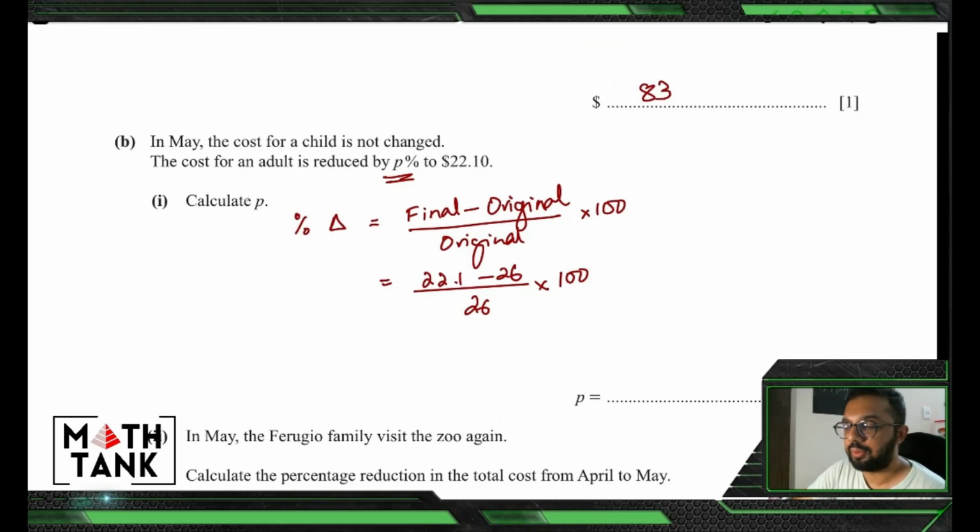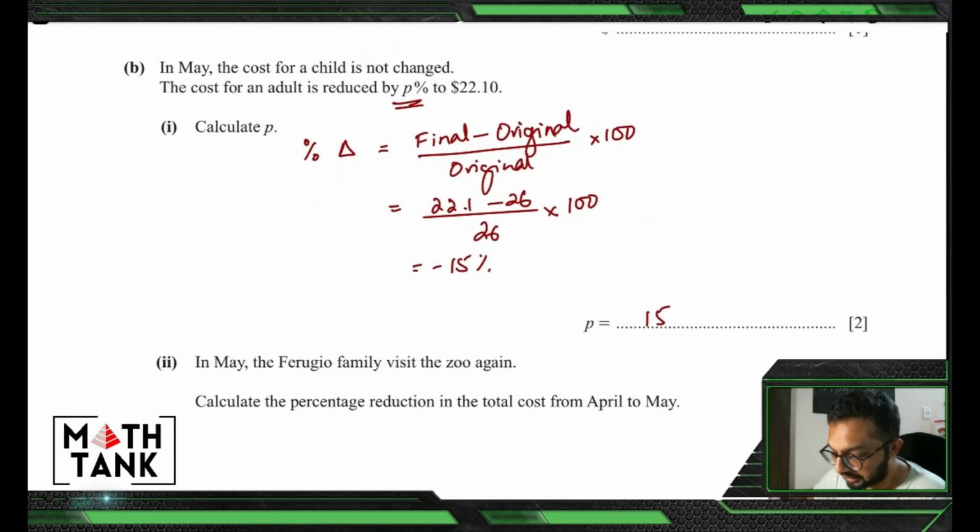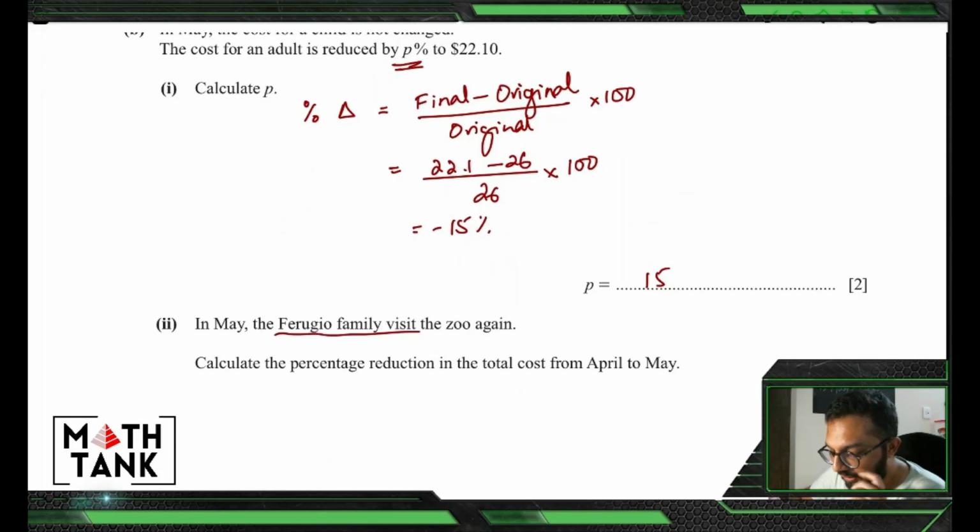Okay, so 22.1 minus 26 divided by 26. So that is negative 15%. So I'm saying that's a reduction. So P is therefore 15. In May, the Ferrugio family visits the zoo again. Calculate the percentage reduction in the total cost from April to May. So total cost again, calculate the total cost is 2 into 22.1